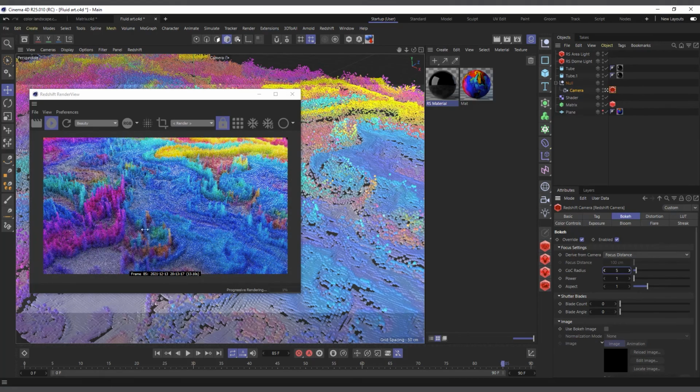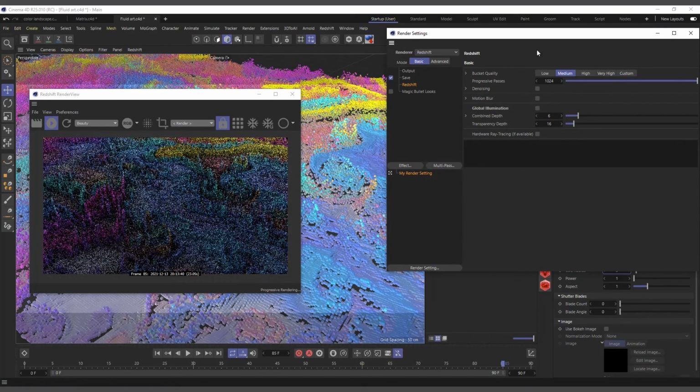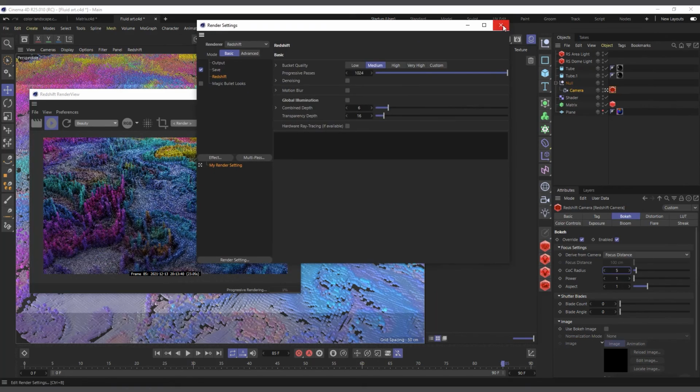And you can see it's blurring the one close to the camera and actually focusing. Typically, when I'm trying to view settings like this, I first of all turn off the global illumination so that the render looks a bit quicker. Then later, for my final render, I bring back the global illumination. So for now, I'll take it off just to see how it looks. Later, I'll bring it back.